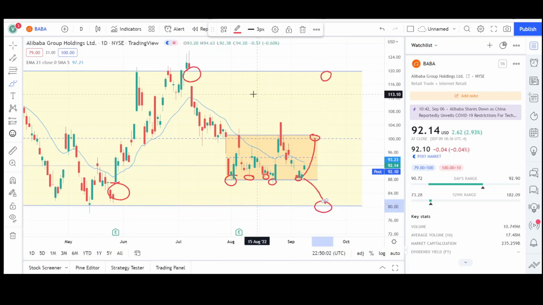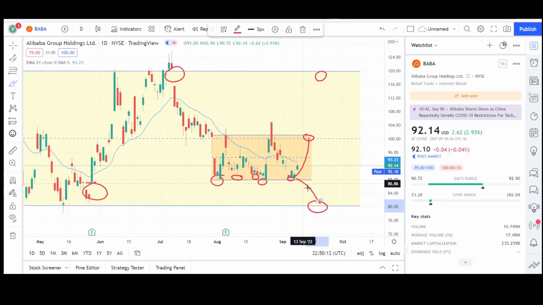If we break up to the top side, which is unlikely as of right now, I just don't see it happening, then we could gap fill and reach that 120 level. As right now, for the coming weeks and the coming days, I expect continuation to the top side, probably to that $100 level. Now, if we just get rejected from this EMA and midline, we could roll over and find